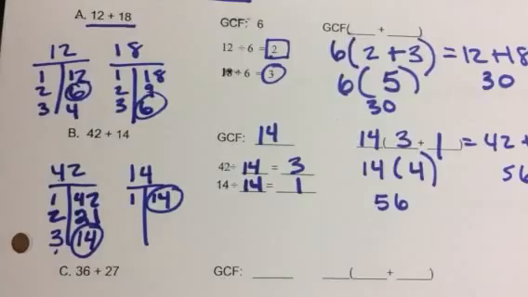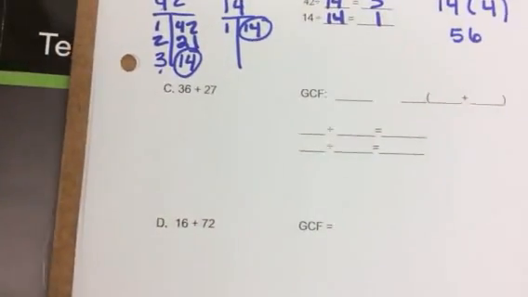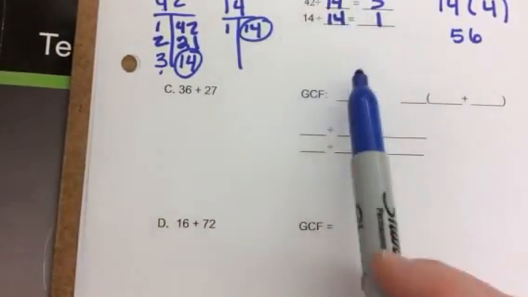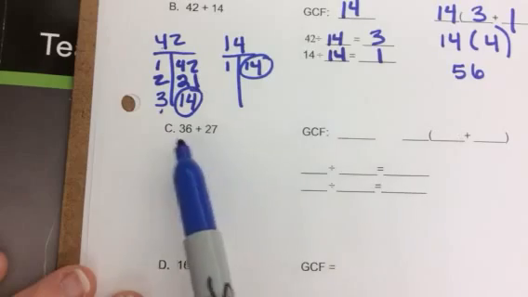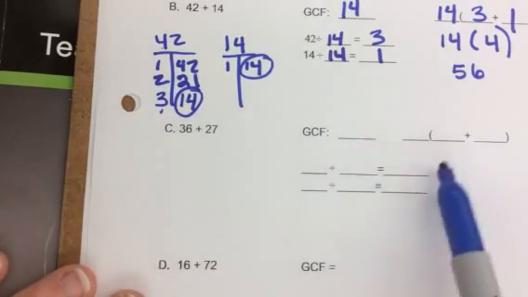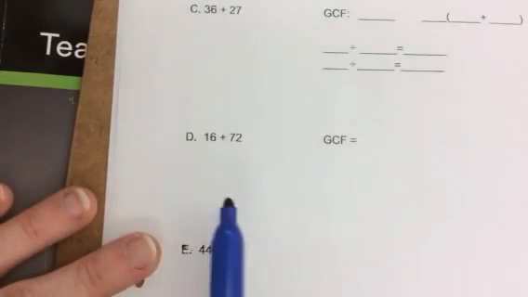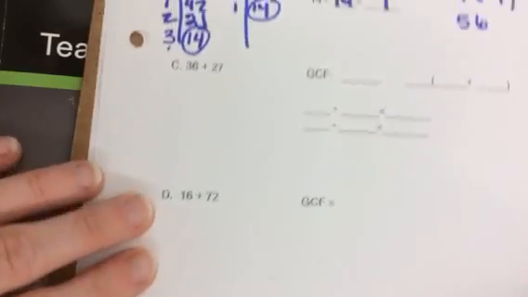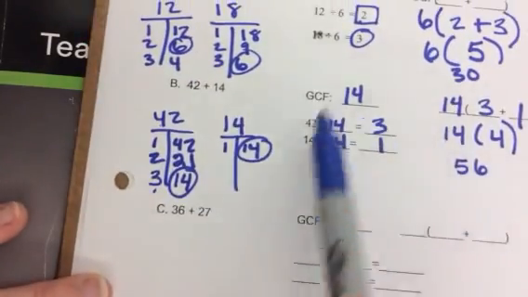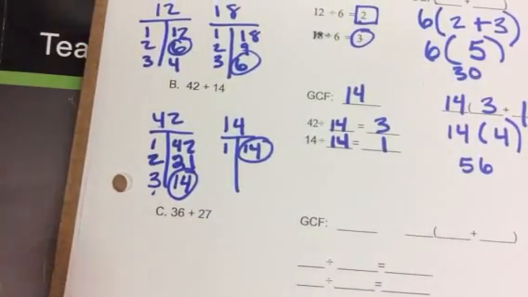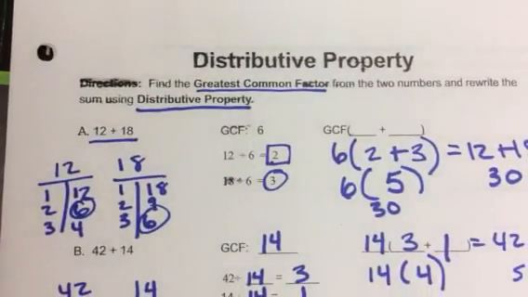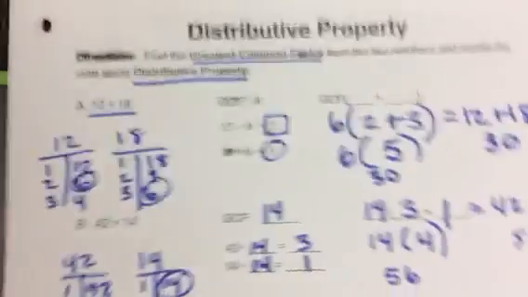Okay, so if you look at part C, I scaffolded it for you, helping you how to set it up. So find the greatest common factor of 36 and 27, fill in the blank. And if you see in D and E, I take those steps away. So feel free to use the same method I did up here for you. Okay? All right. The next page on the